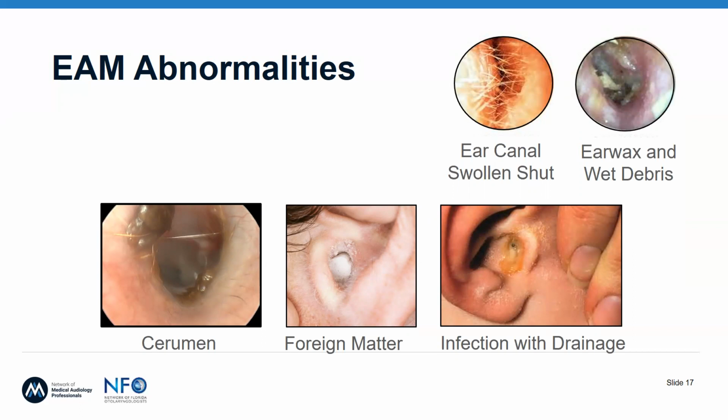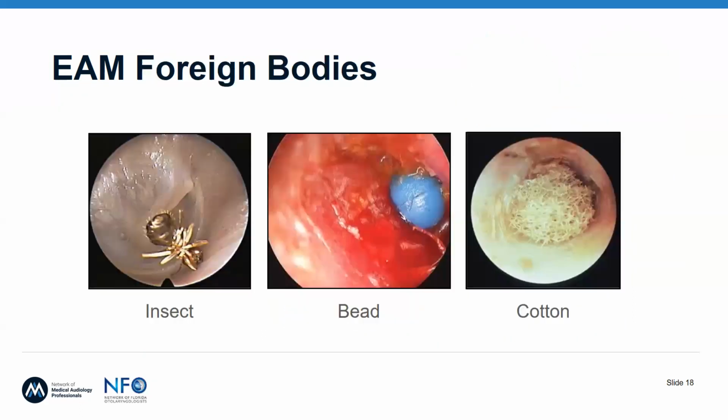Common maladies of the auditory canal itself. By far the most common on the left is cerumen. Foreign material is frequently encountered, and suppurative infection. More dramatic findings can be foreign bodies, including insects, beads,